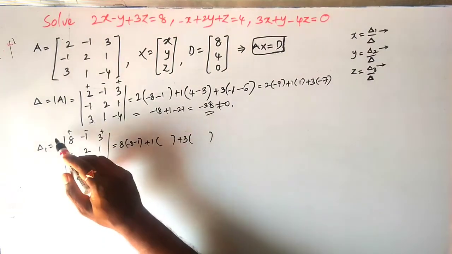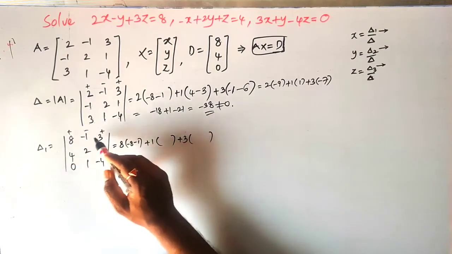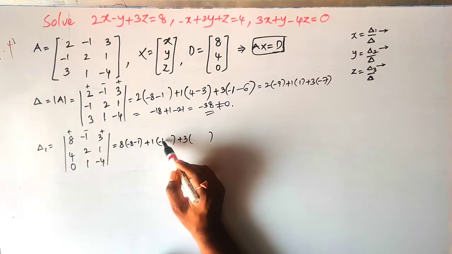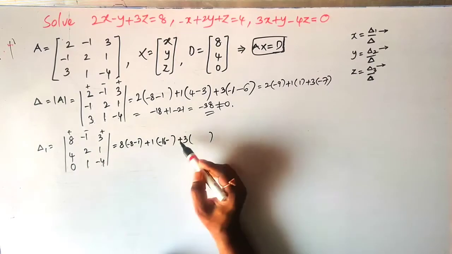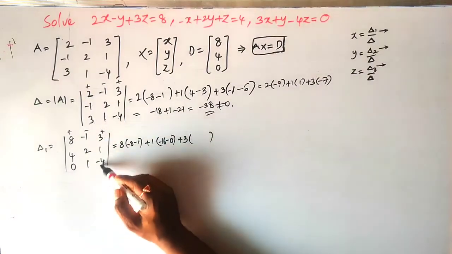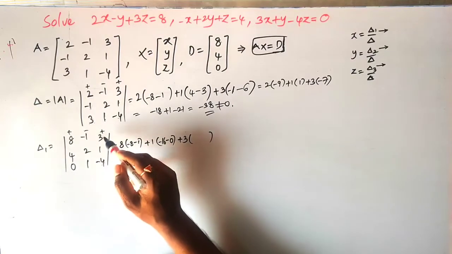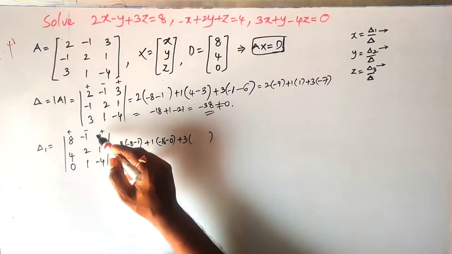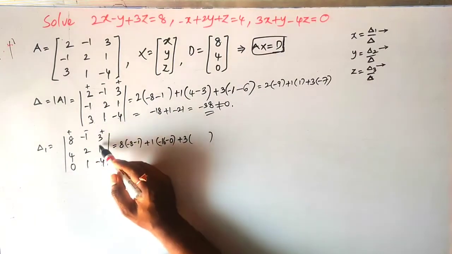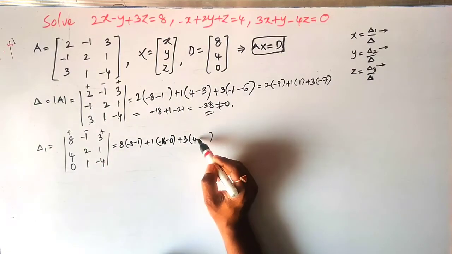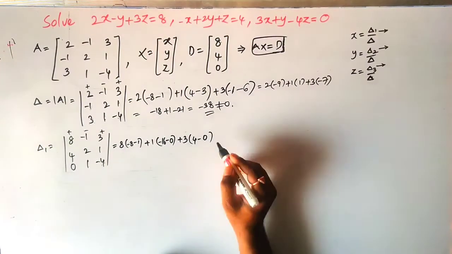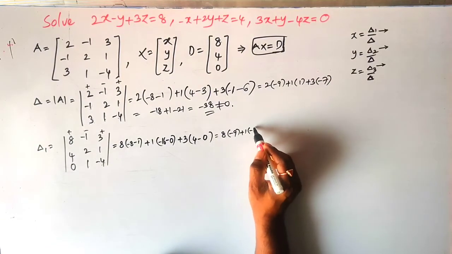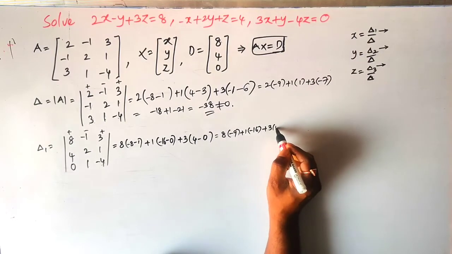Next minus into minus plus 1 of first row second column, A B C D. So 4 into 4 minus 16 minus 1 into 0 0. Next plus 3 of plus 3 is in first row third column. So except this row and this column we get here 4 into 1 4 minus 2 into 0 0. So what we get here? 8 of minus 9 plus 1 of minus 16 plus 3 of 4.